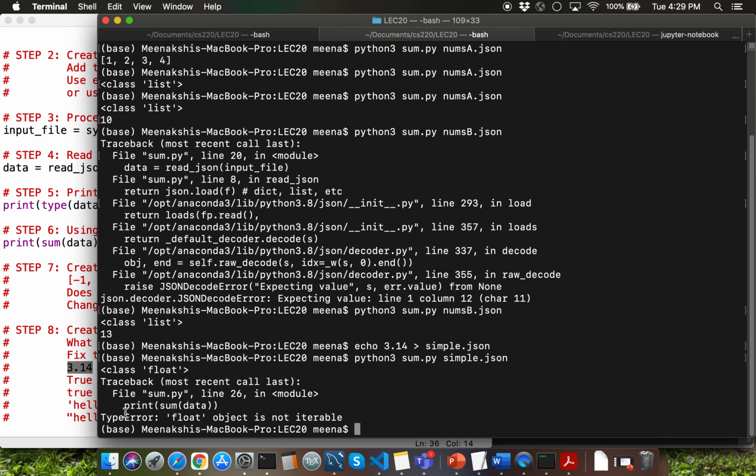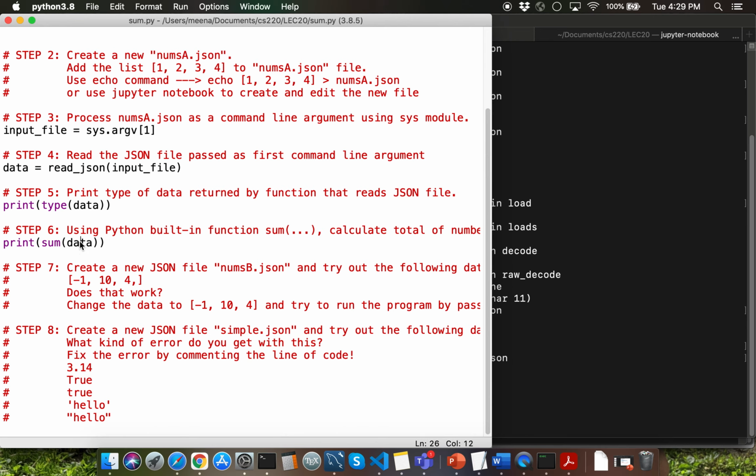Observe that we are getting a type error. The type error is in line number 26, which says float object not iterable. Line number 26 is this particular sum built-in function call. Keep in mind that the sum built-in function only enables you to pass a list of values as argument.